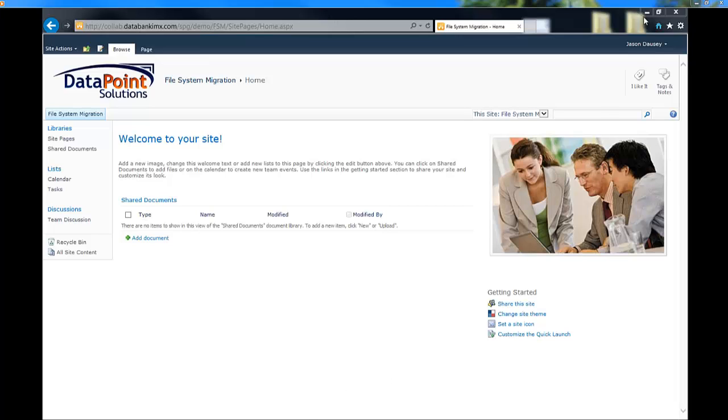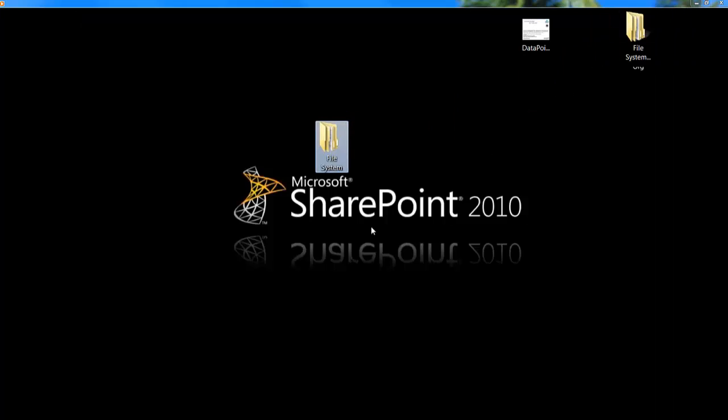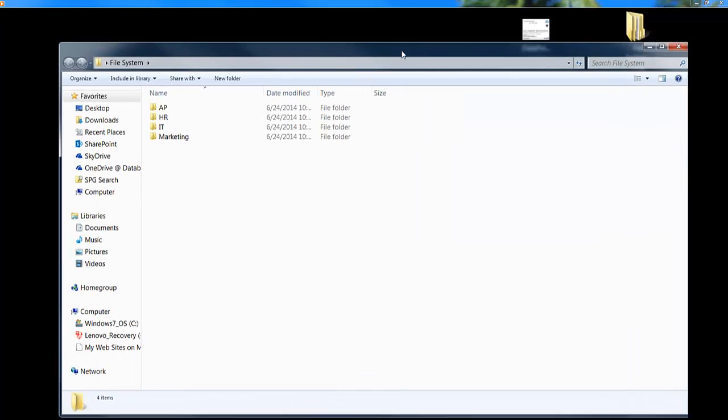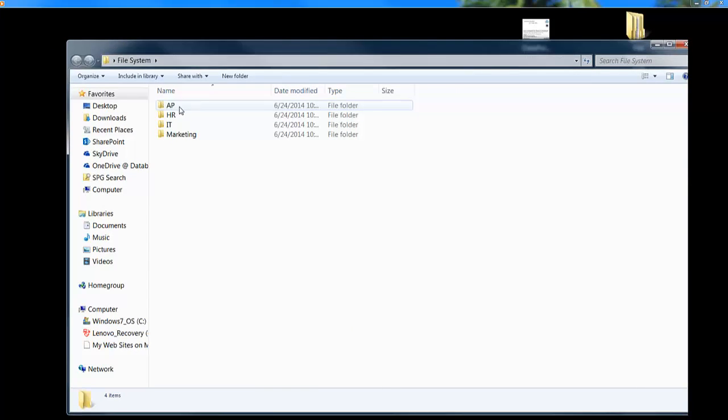All right, so I'm going to go ahead and take this down here, and I'm going to show you that I have a file system. So imagine this is my file share, and I have some documents in here. I have some accounts payable stuff, HR, IT, marketing. This might be something very similar that you're used to seeing. So if I go into my AP folder, I have some more folders there. I have some miscellaneous documents, some purchase orders, some reports. Inside there I have my documents. And I have a myriad of documents that are in here. I have some PDFs, I have some templates, I have some TIFF images,